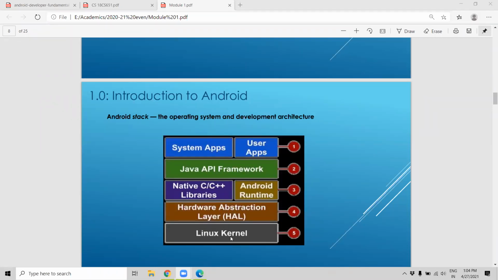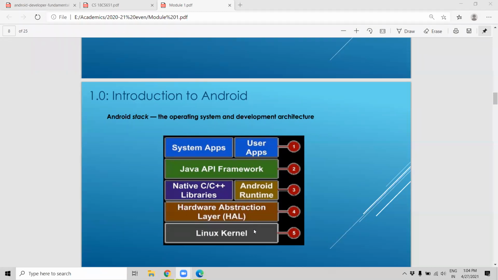The last part is the Linux kernel. This code is the core part of the operating system, where it knows how to handle memory, communicate with the RAM, memory management, how to communicate with the ROM, and how to communicate with the processor. All those things will be handled by this kernel part. Is it clear? The fourth and the fifth layer.